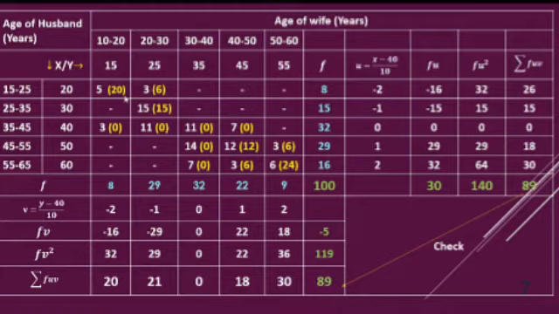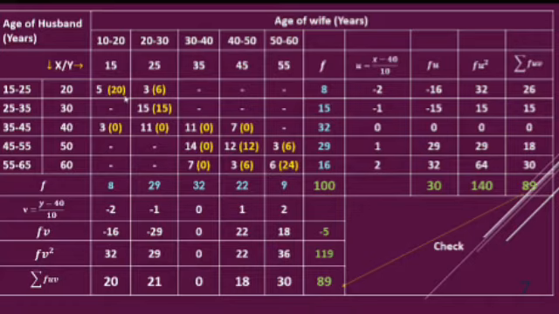Those represent F. Actually, what do you mean by F? Summation FUV? There you actually have summation Fij Ui Vj. Fij means these values: 5, 3, 15, 3, 11, 11, 7 and so on. Ui is minus 2, minus 1, 0, 1, 2. Vj is minus 2, minus 1, 1, 2, and so on. I just avoided that U, I and J so that you will not get confused.